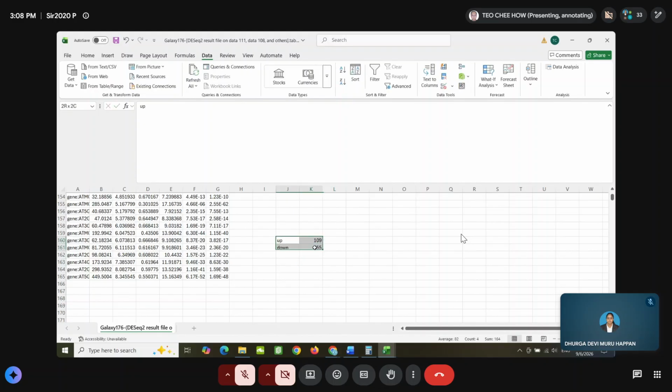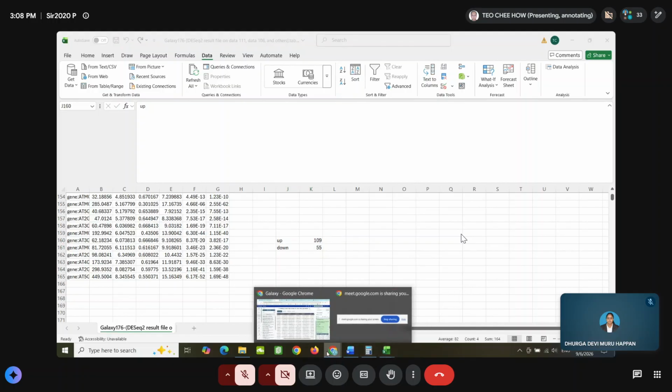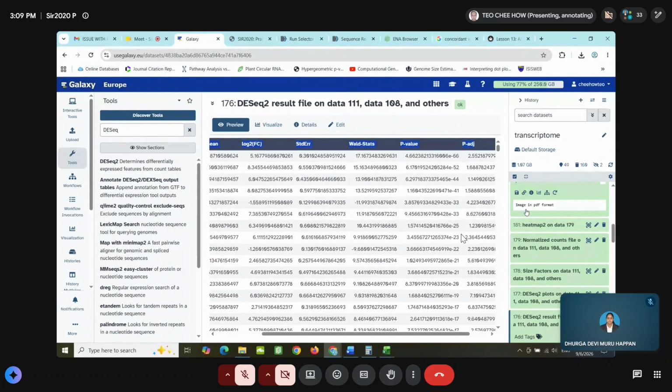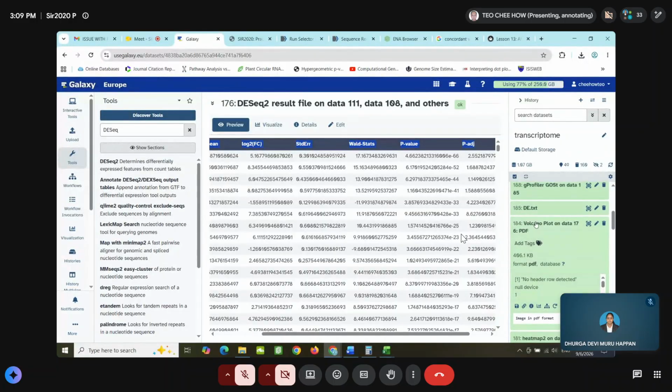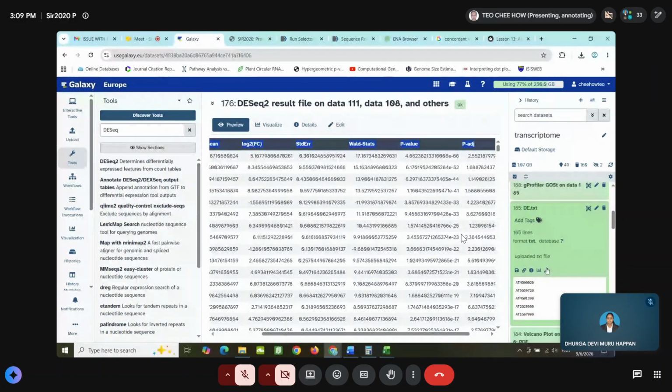And this one you can write in your result report, right? So from here, we got this value. Now we know that those genes are up and down regulated, and we want to know the function of those genes. Then you will need to prepare a DEG list, just only the ID.